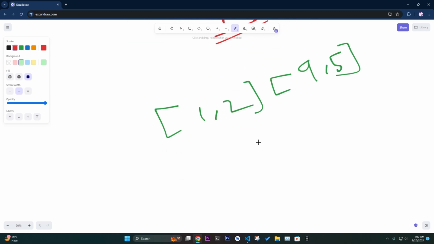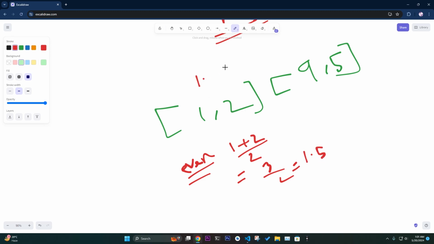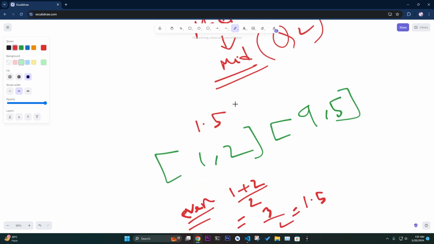Now what is the midpoint of this? There are 2 values. We cannot take 1 or 2. If there are an even number of values, we need to add those 2 numbers in the array, 1 plus 2, divided by the number of items in this subarray, which is array.length, which is 2. So we're going to get 3 divided by 2, which is 1.5. Okay, so 1.5 is our median,